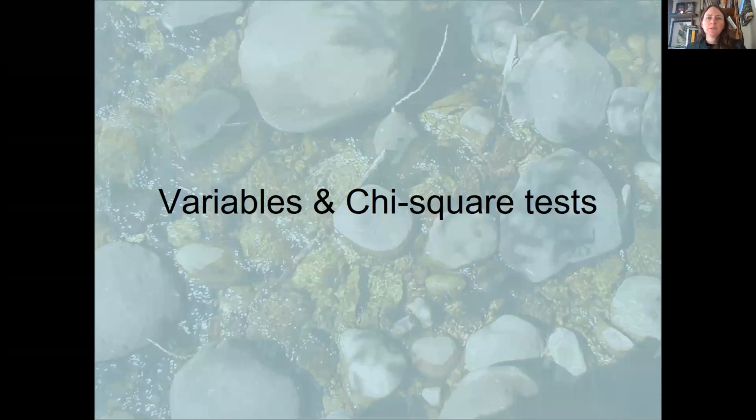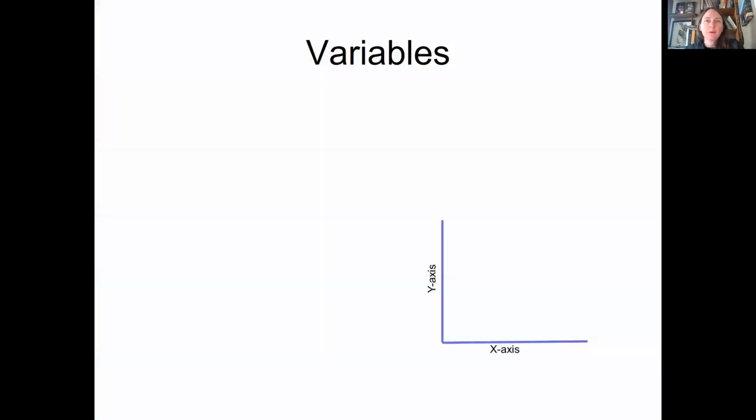Welcome to variables and chi-square tests. We're going to talk first about some different types of variables. So in terms of variables, we're usually, as scientists, interested in two variables, and we're often interested in how one